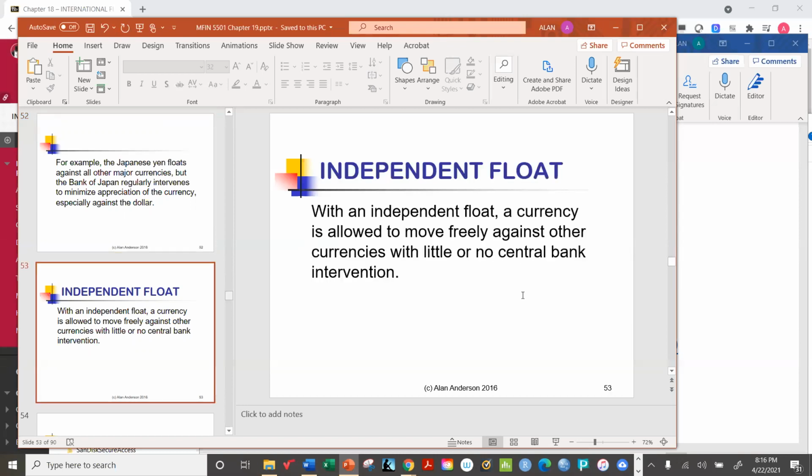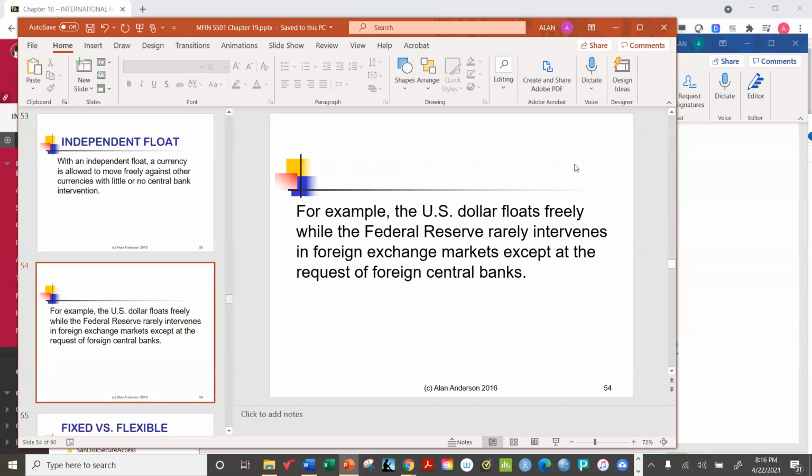Independent float, yes, this is the one. This is sometimes called a free float or a pure float or a clean float. The central bank allows its currency to move freely against other currencies with essentially no intervention. In other words, it's just a pure free market. The dollar, the Fed very, very rarely intervenes in foreign exchange markets unless they've been specifically requested to do so